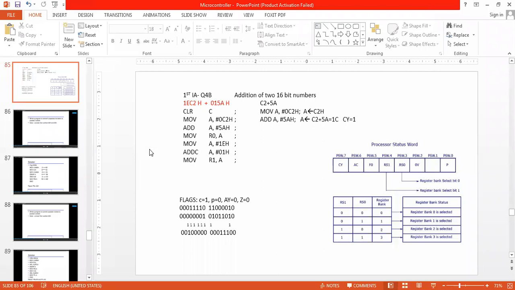In the next module, the programs are almost all important ones. You have to write the programs by yourself. I will give you such programs which you have to think by yourself and write the instructions for.